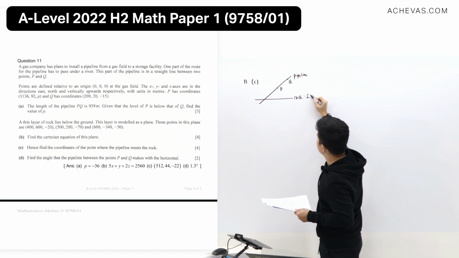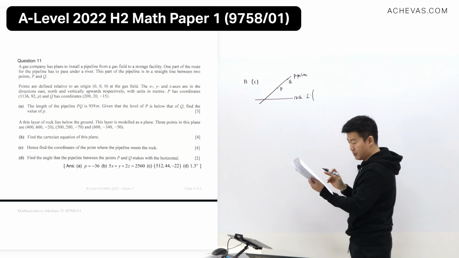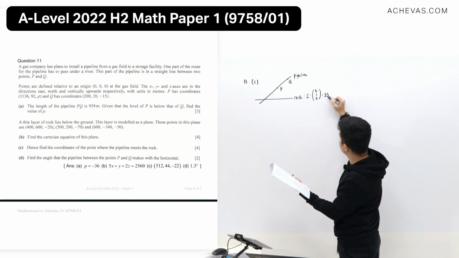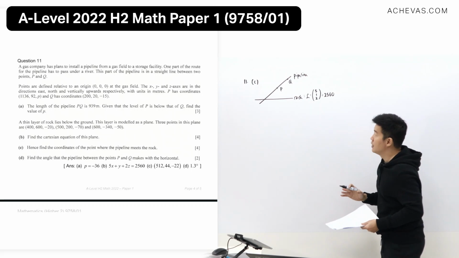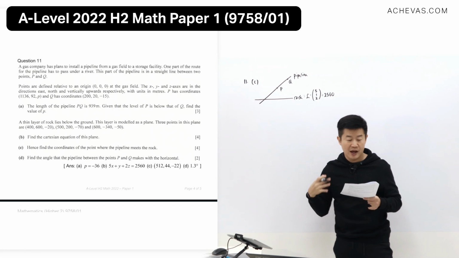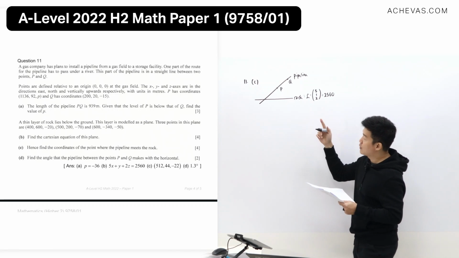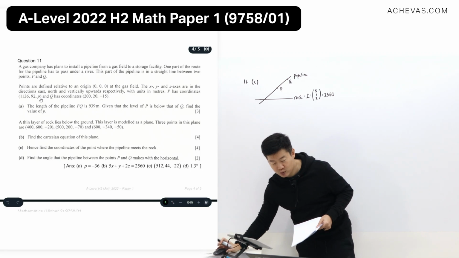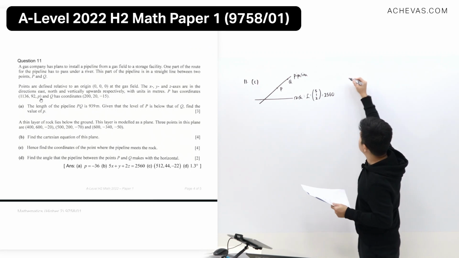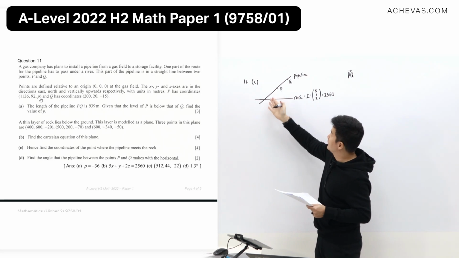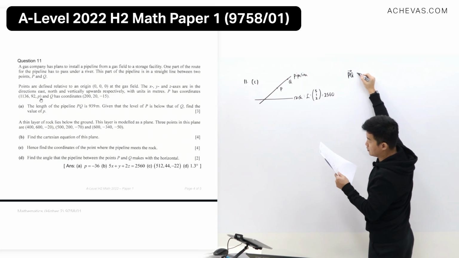For the rock, we actually found the equation. The dot product equation of the plane that represents the rock layer is r dot (5, 1, 2) is equal to 2560. We actually don't have the equation of the line that represents the pipeline, so we have to find that line with the P that we have found. We found P to be equal to negative 36, which means that PQ will represent a vector that is parallel to the pipe, is going to be equal to